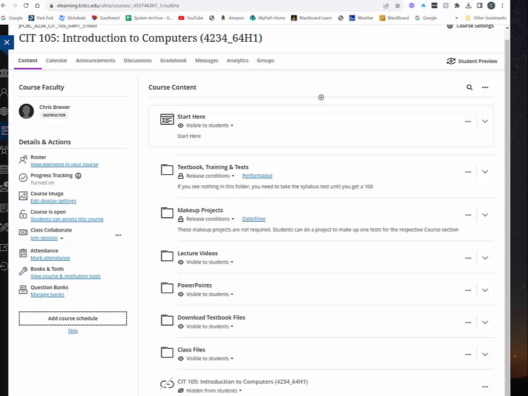Blackboard is what you're staring at now. It's the learning management system, I think is what LMS stands for. But anyway, this page is going to be mostly what we deal with. Now, there are going to be links that take us to MindTap, where we can read the textbook, or links that will take us to tests, which are the SAM portion